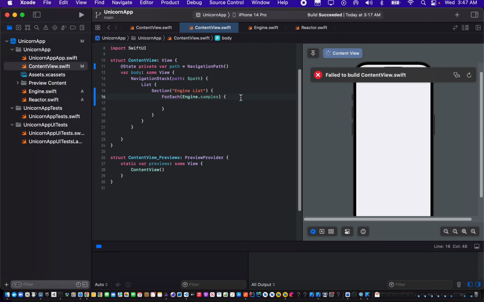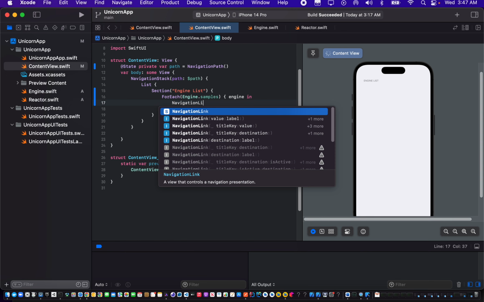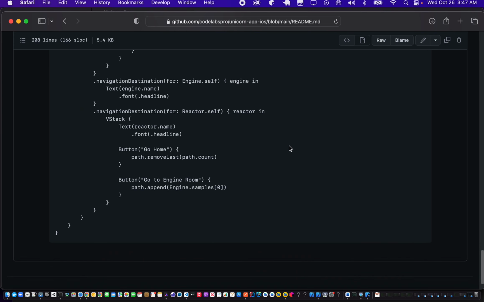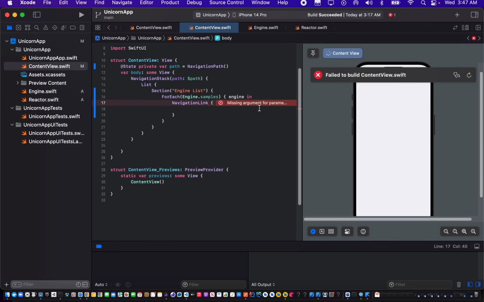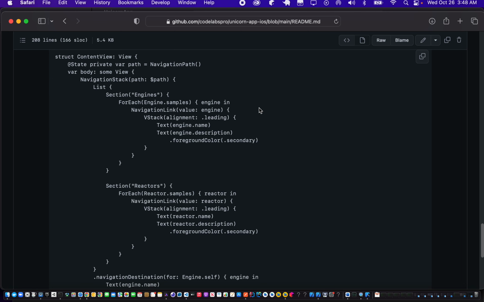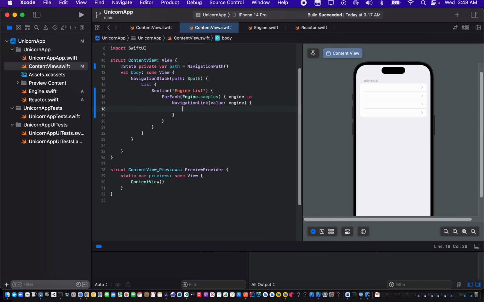Now inside the engine samples for each loop we get an engine, and inside the loop we can have a navigation link with a trailing closure. And inside the navigation link we pass the value, which is the engine itself, and in the trailing closure for navigation link we create a vstack